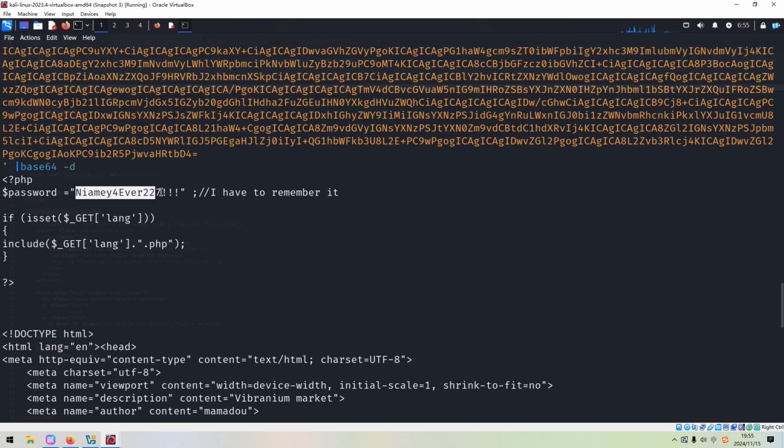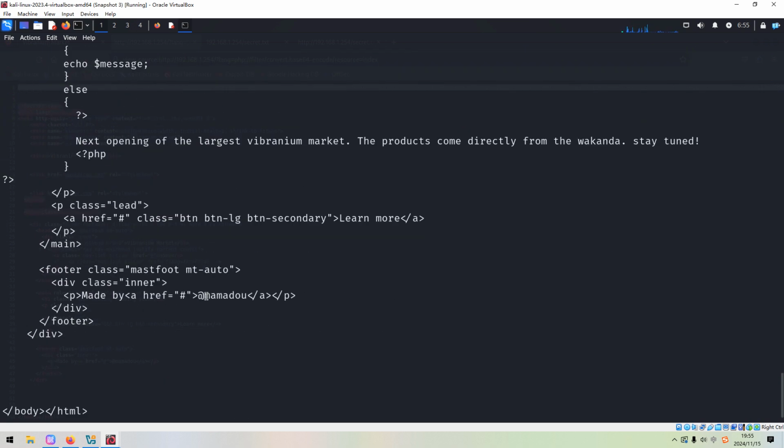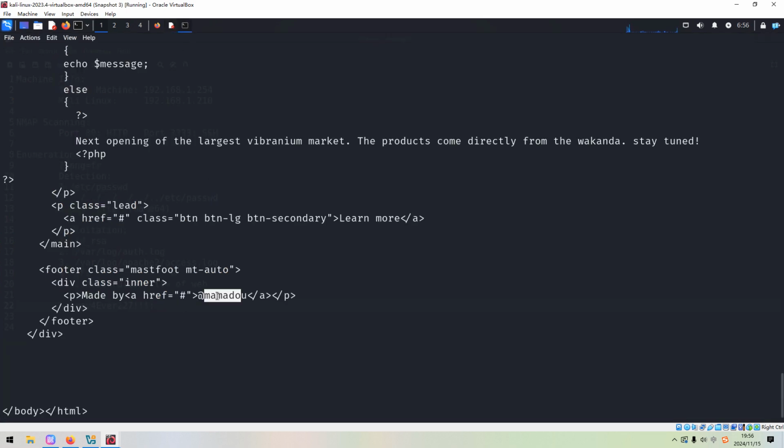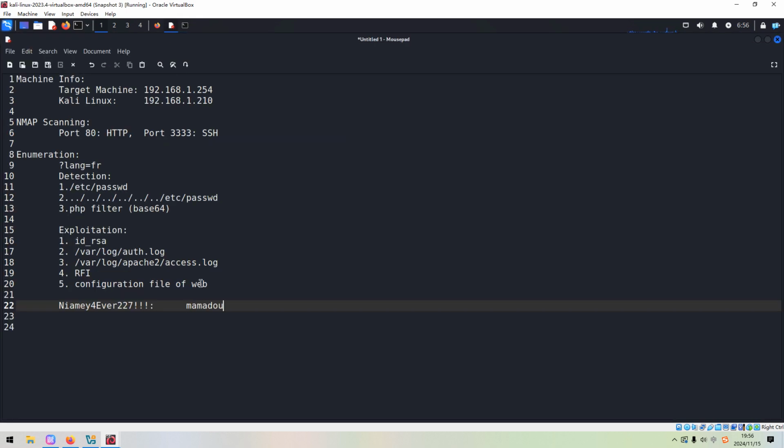We can copy, and also at the bottom we can get the possible username, right? So the password and username would be this one. We can copy.